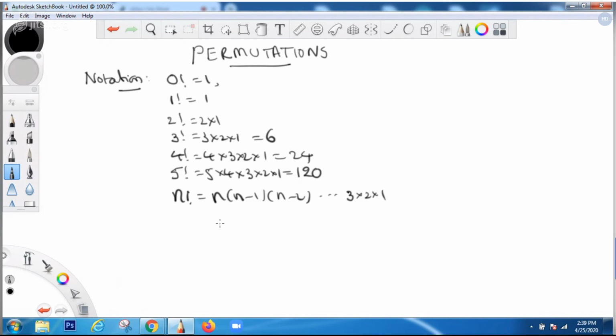And then we have seen the fundamental principle of counting. Fundamental principle of counting means, suppose,